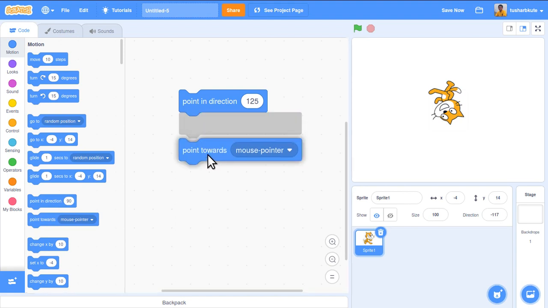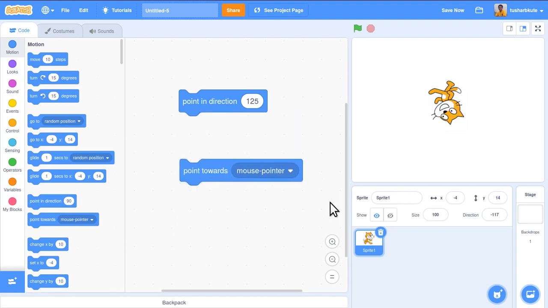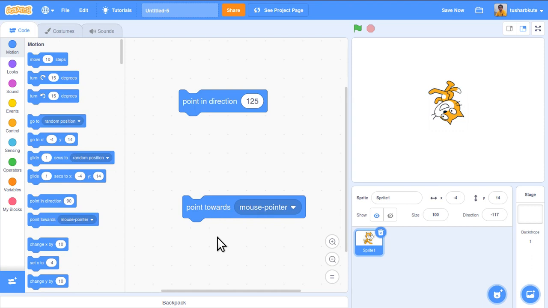For example, the mouse pointer is at this position, click, and it's moving toward the mouse pointer. I'll keep it here, and now click, it's looking at the mouse pointer. So wherever the mouse pointer is present, the sprite will start looking towards it. This is the way we can make use of point towards.